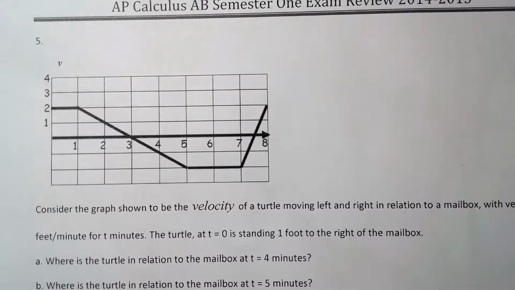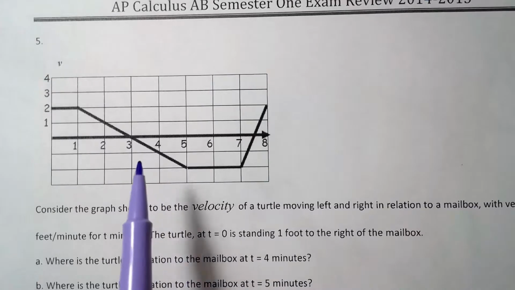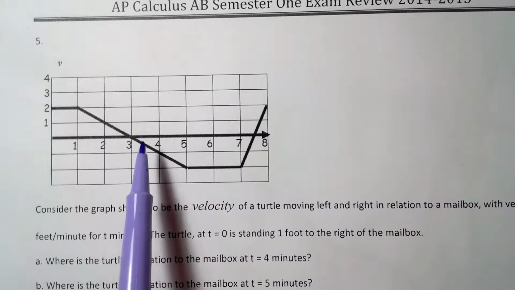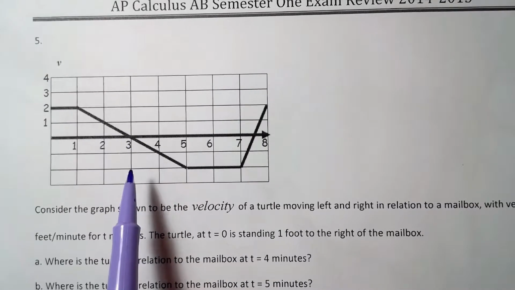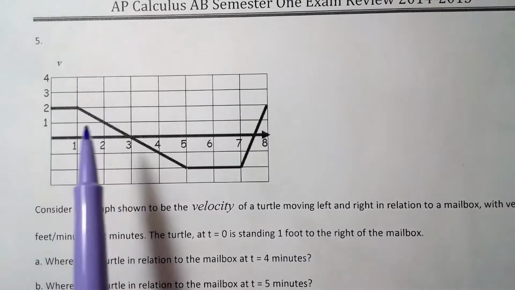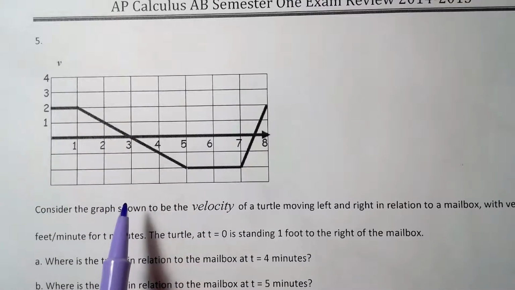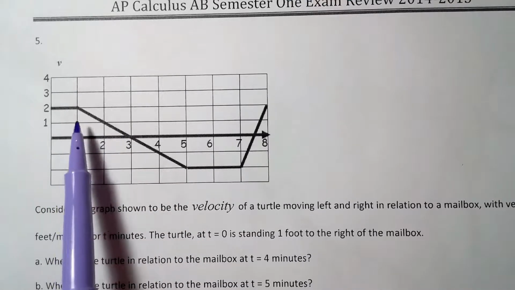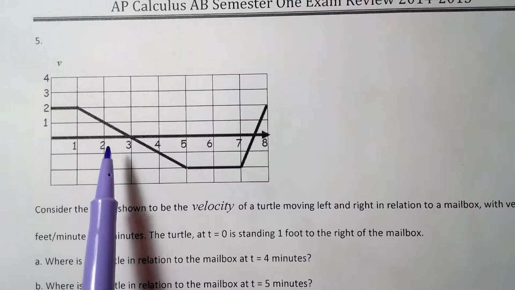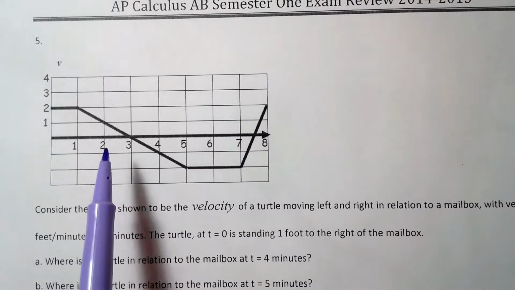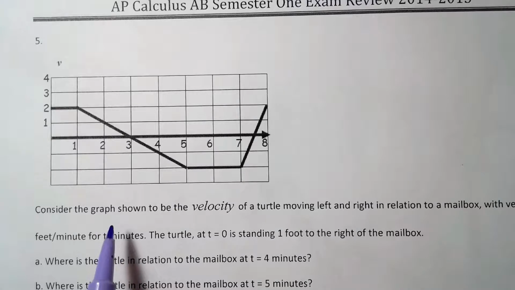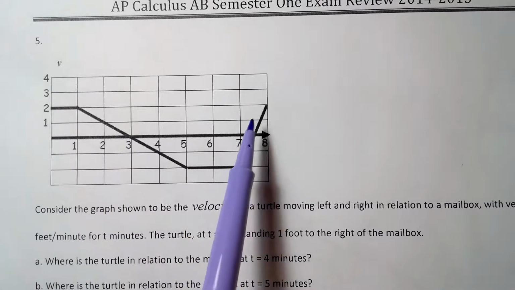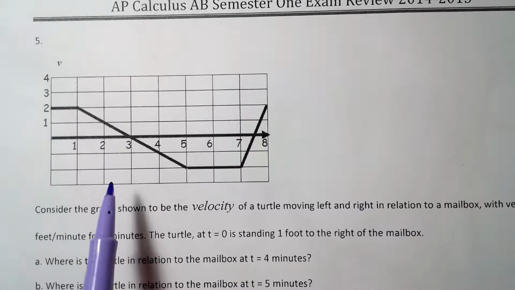Okay, so here's problem number 5, and I don't think we've really done these yet, but it's actually really easy. I know you've done area above and below, and area between a curve and the x-axis is known as distance traveled, right? Maybe total, maybe net. So anyway, this is a graph of velocity, and a turtle's moving to the left and to